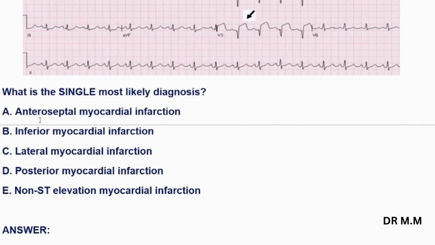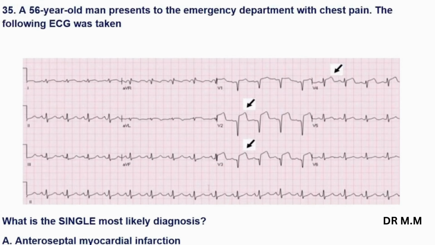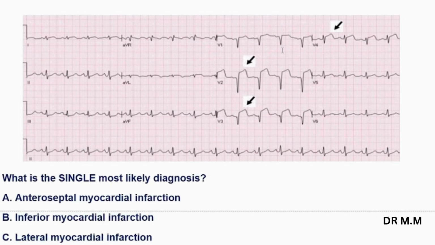A. Anteroseptal myocardial infarction. B. Inferior myocardial infarction. C. Lateral myocardial infarction. D. Posterior myocardial infarction. E. Non-ST elevation myocardial infarction. As we can see in this ECG, the ECG shows ST elevations in